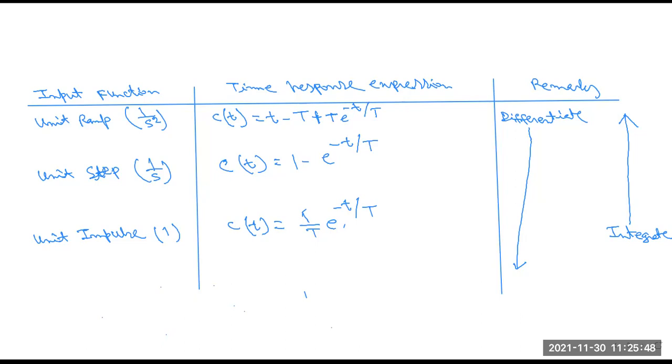time response of second order control system. In your syllabus, only first order and second order control systems we have to learn. But in that case, two or more order systems we can calculate from this logic also. That means we can calculate third order control systems or many more, that is higher order control systems. Okay, so now we have to learn the time response analysis of the second order control system.